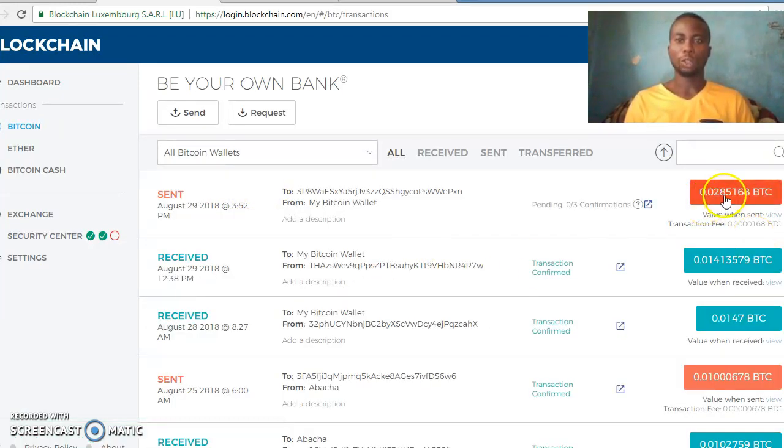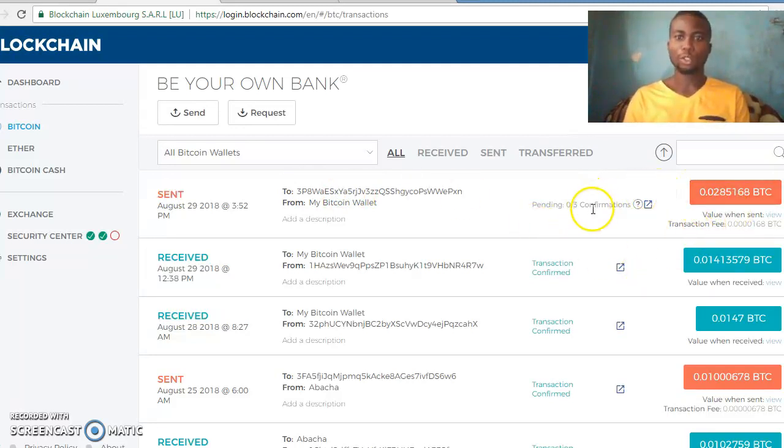Now I've done this. I will just come here and click on the transaction, because I need to screenshot my payment proof. It's very, very important. In a situation like this, you can actually screenshot this.